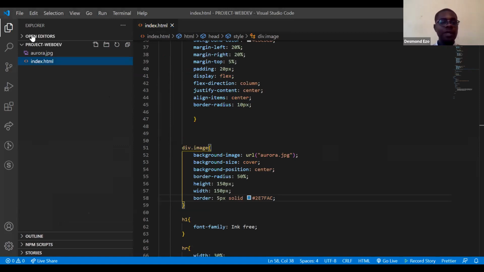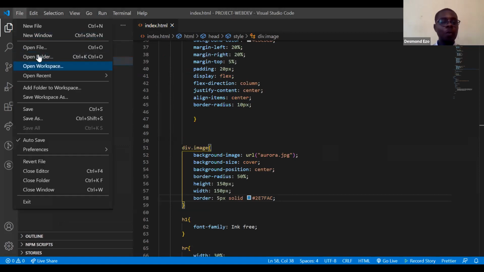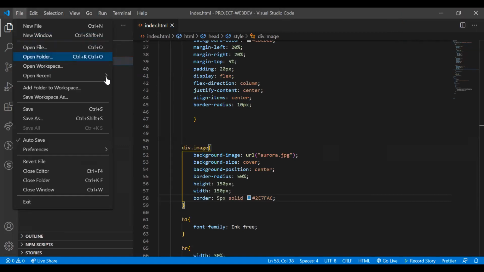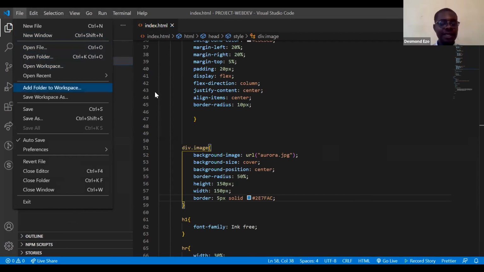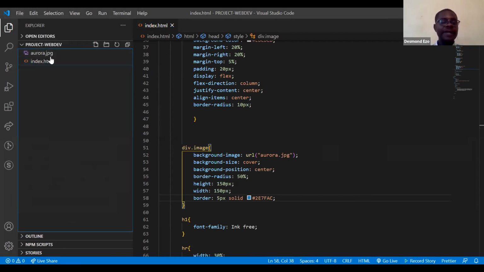Then you open Visual Studio Code. You come here and click on Open Folder. Then you search for that folder you created, and you open it here. If there are files inside of that folder, they will display in this corner. If there are no files, it will just be empty. Then you can create a new file inside of Visual Studio Code using this. So I'm going to create a new file and start afresh.